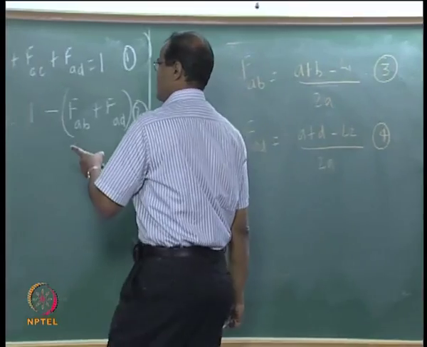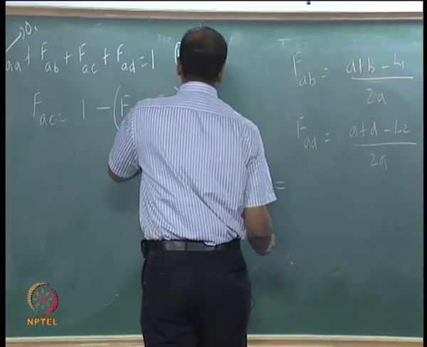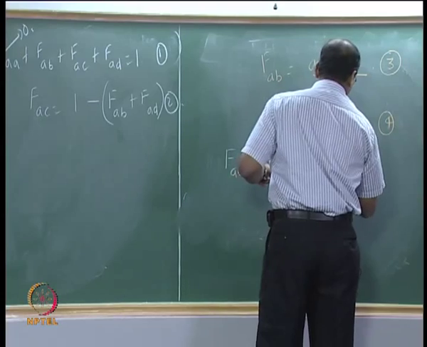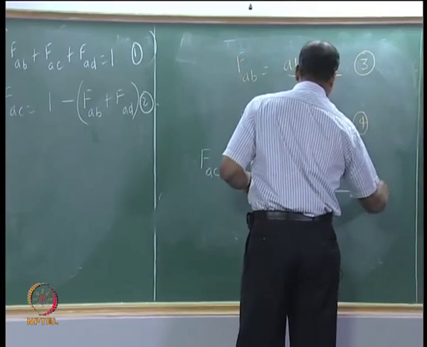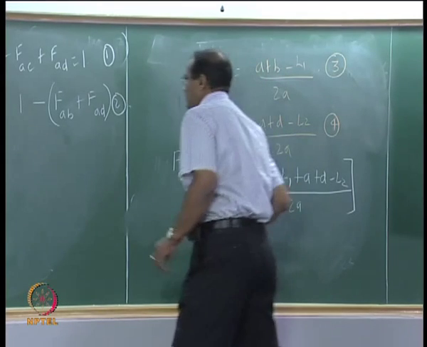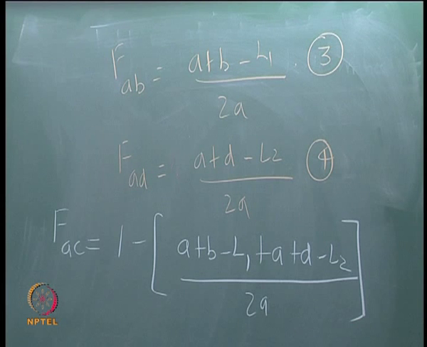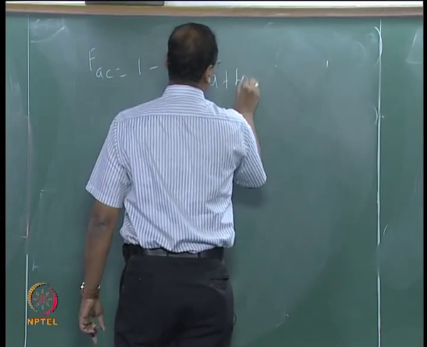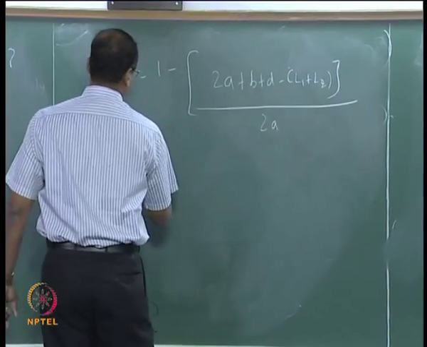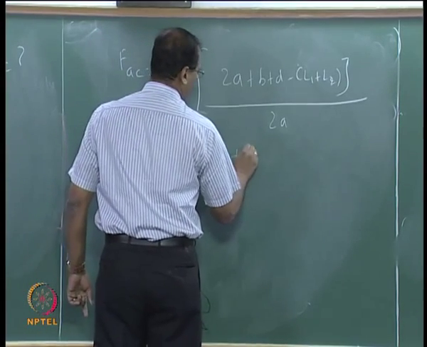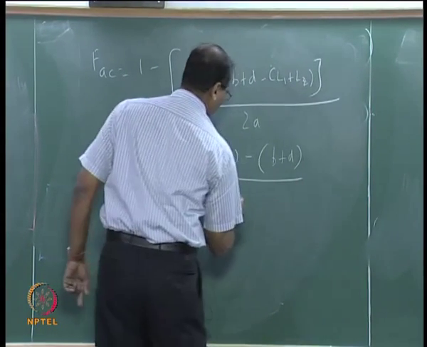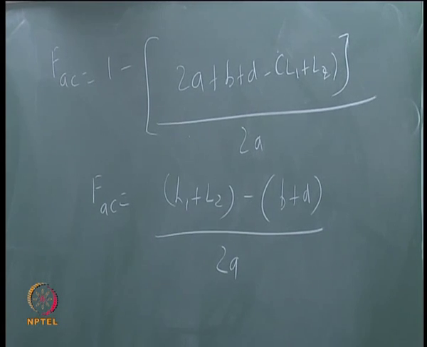Now we will substitute FAC equal to 1 minus. So, for a general quadrilateral